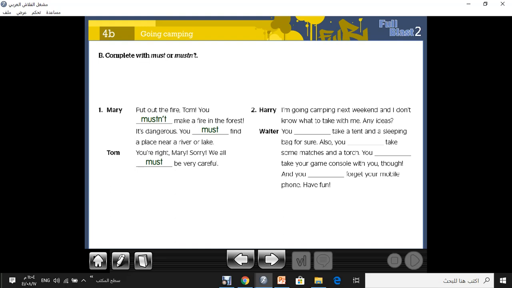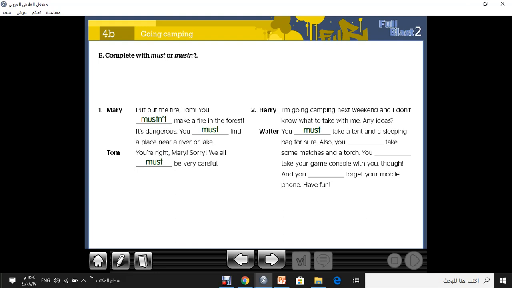The second dialogue, Harry and the waiter. I'm going camping next weekend and I don't know what to take with me. Any ideas? You must take a tent and a sleeping bag for sure. Must or mustn't? Yes, we must. You must take a tent and a sleeping bag for sure.